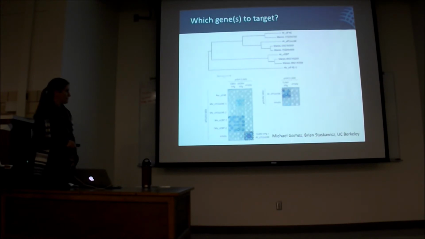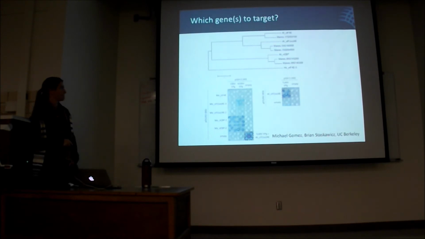And so Michael Gomez, a PhD student that I supervised when I was still in Brian's lab and continue to collaborate with, conducted a yeast-2-hybrid assay with all of those different homologs, and then with the VPg domain of 2 different strains of the virus. And he saw 2 obvious hits that popped up. But this brought up the question of, well, maybe we're going to have to hit both of them